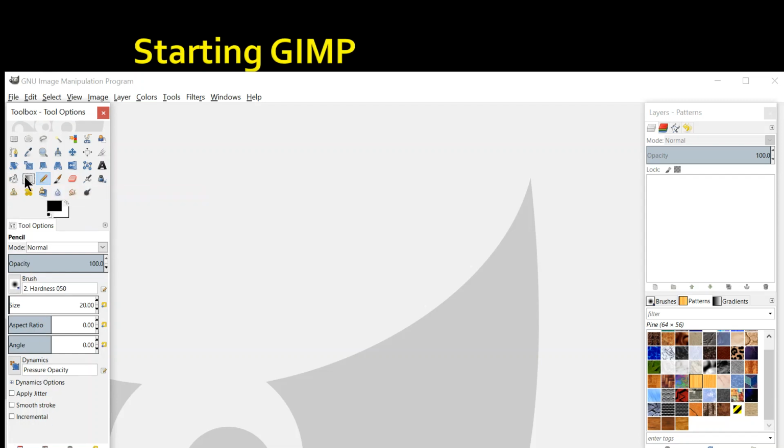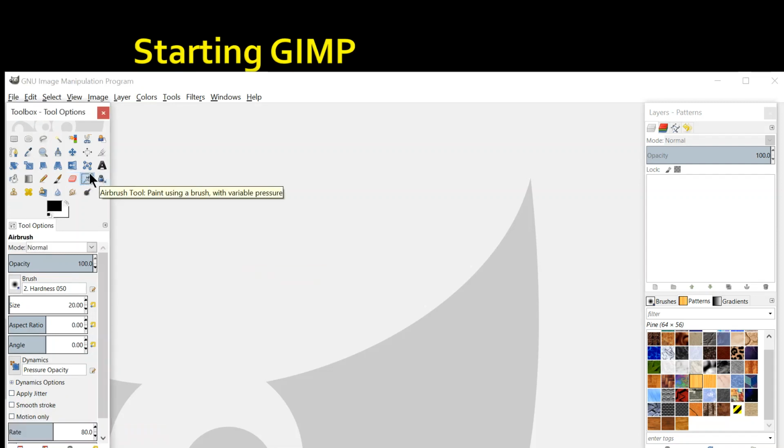Like here I am clicking on bucket tool. Like I have clicked on eraser tool, then the properties of eraser tool have opened. Got it? I have clicked on airbrush tool, तो properties of airbrush tool. Airbrush को मोटा करना है, छोटा करना है, dark करना है, dense करना है, all those properties can be changed from here. जिस भी tool पे click करेंगे, the properties related to that tool will appear here.